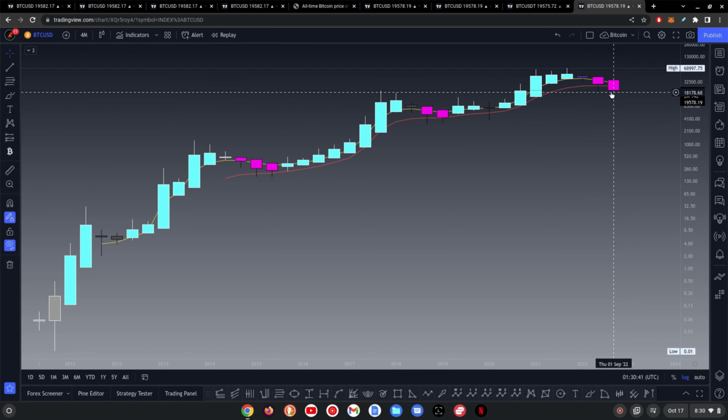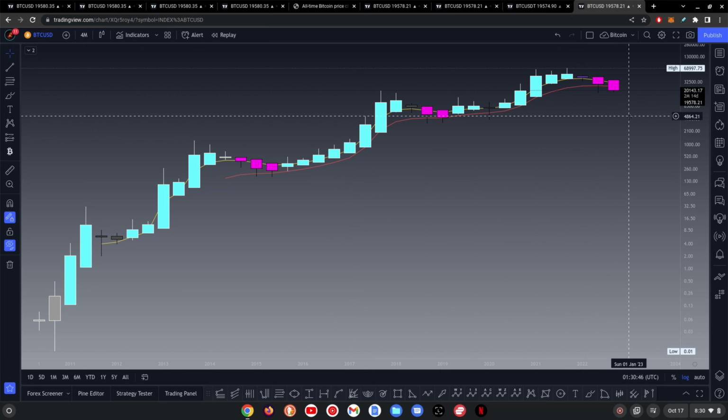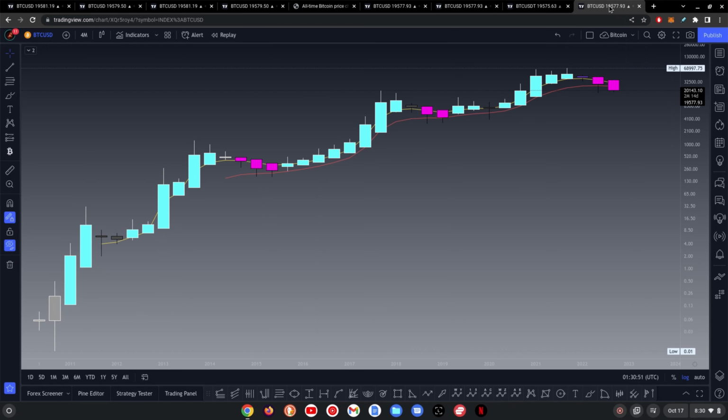Right now it's not looking too hot because we are below this red moving average, which it hasn't closed below so far. We do still fortunately have 2 months left, and assuming that this ends up playing out towards the upside, it's likely that this candle will end up thinning out like I just spoke about for these Heikin-Ashis, to the point of a release around 28,000, which I believe will then be indicative of the next candle after this pink vector candle being blue, like these other blue candles, therefore being an indicator, a signifier that the bull market is about to begin, which lines up with the end of this year, January of next year,